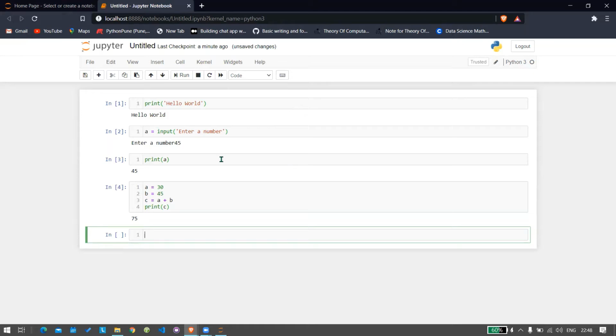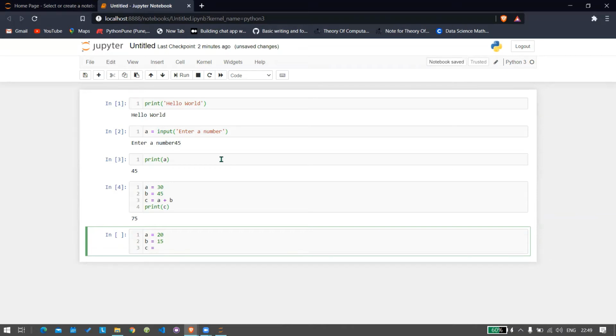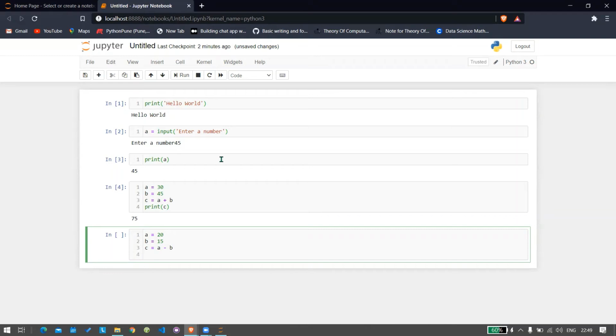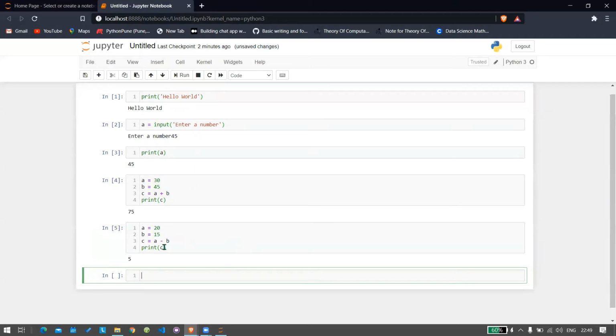We will write another code to see how subtraction will work. And then you can write your own codes for division and multiplication. So here we have A is equal to 20 and B is equal to 15. We want to subtract B from A. What we can do is we can create another variable and we can do something like this, A minus B, and that result will be stored in C. I can print C, and this will give me the output of 5.